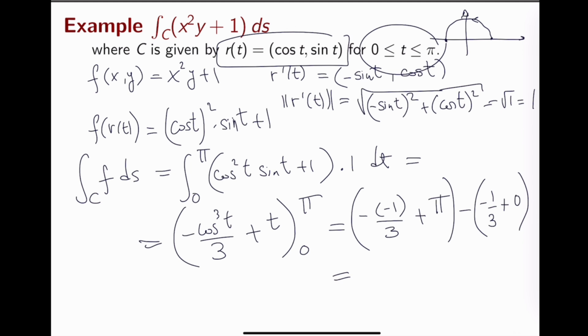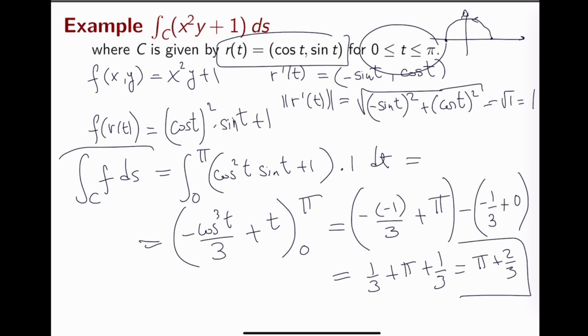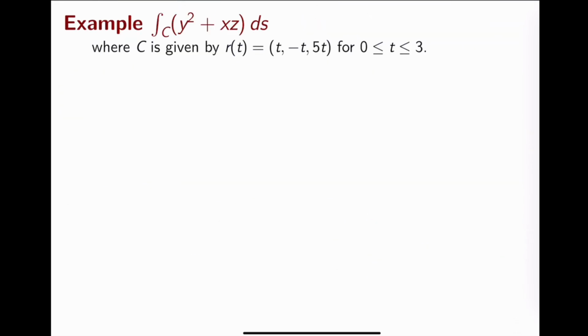Okay, so here we get that this is equal to 1/3 plus pi plus 1/3. At the end of the day, this is equal to pi plus 2/3. So this is then the line integral of this function over this semicircle. So let's do another example where the function has a domain in R3 instead of R2, and the curve is